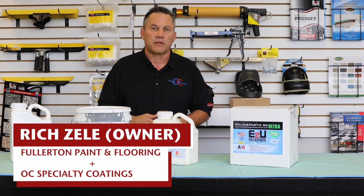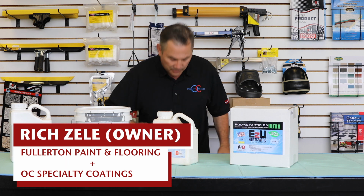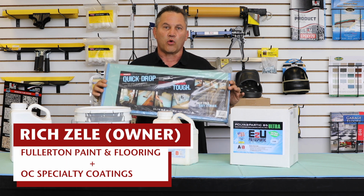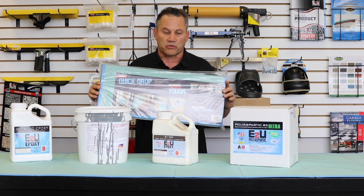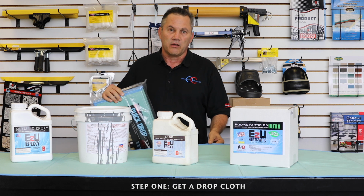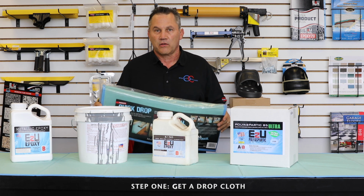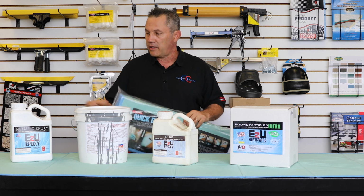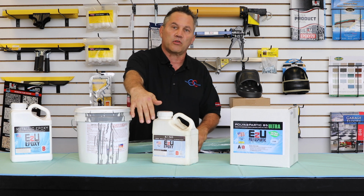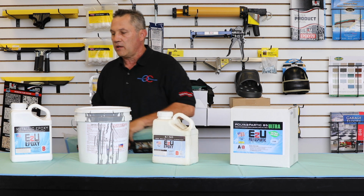The first thing that I recommend is to get a good drop cloth floor protector in place. The one that we recommend is Quick Drop. It's very thick, which will stop any coatings from penetrating through the protection that you're putting on the floor. And it's also nice and wide but still streamlined so that you can lay out your materials, get them ready